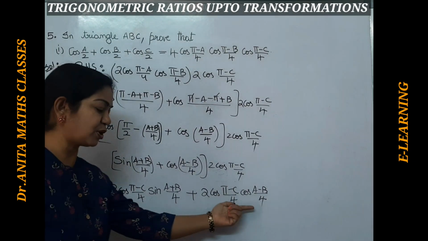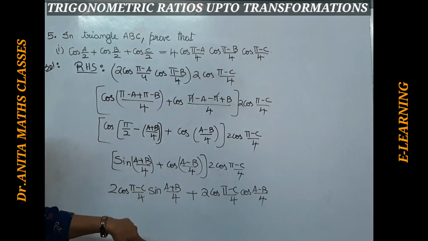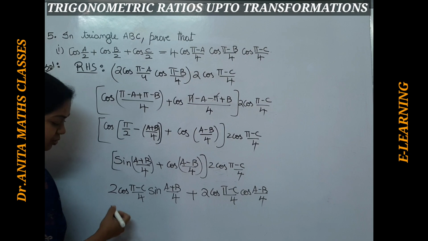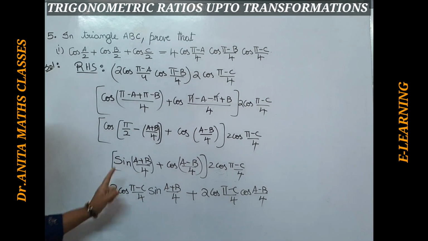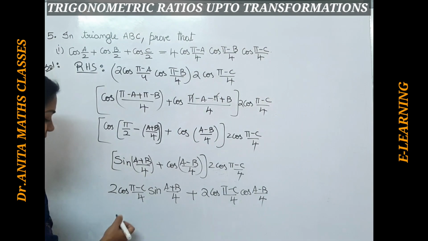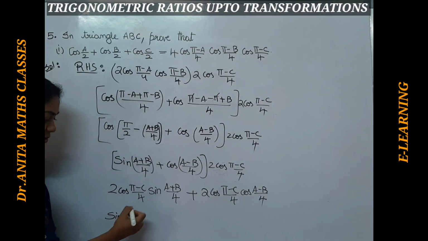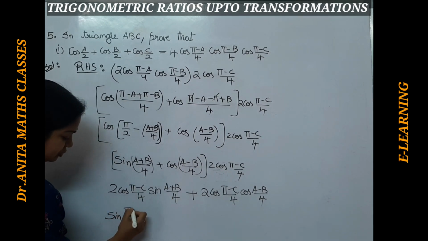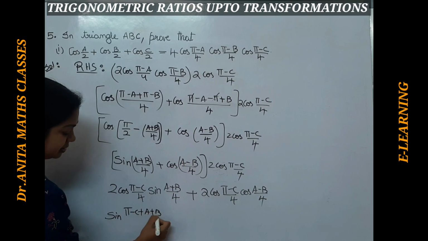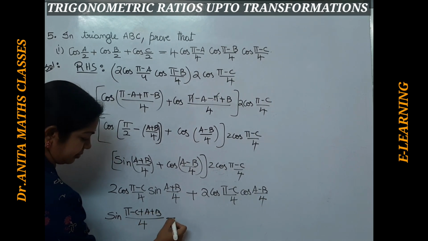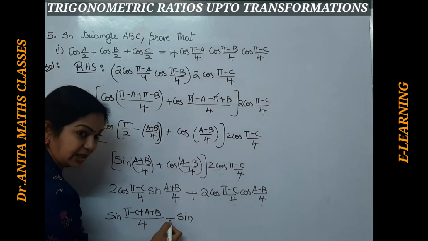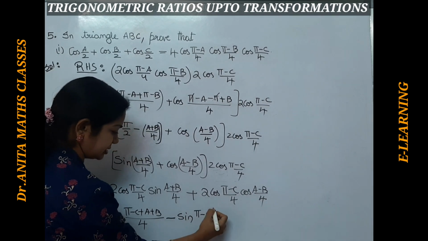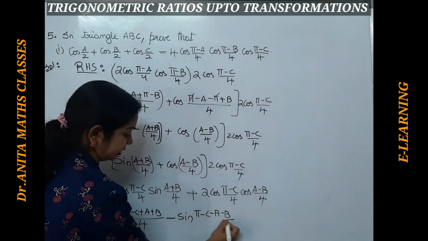So this again they are products. So these are the transformations formula which we will shift into the transformation formula of the addition. So 2 cos and sine. Cos A sin B, likewise 2 cos A sin B. When cos comes first, then that will be sin of A plus B and sin of A plus B minus sin of A minus B, where A is this, B is this, sin of A plus B. So π−C plus (A+B)/4, minus, for minus formula only, we get cos first, right? So sin of A minus B we are taking.